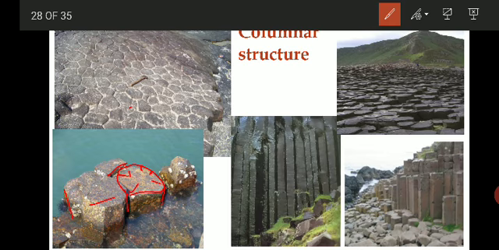Okay, and this is formed perpendicular to the surface of cooling. Okay, and the columnar structure is due to development of centers of contraction. This is important. Here what happens? There will be development of centers of contraction, and towards that center what happens? And these centers will be at equally spaced intervals on the cooling surfaces, and the line which joins these centers,